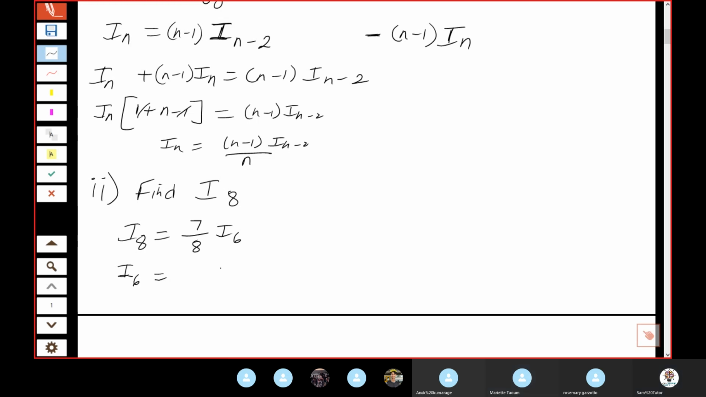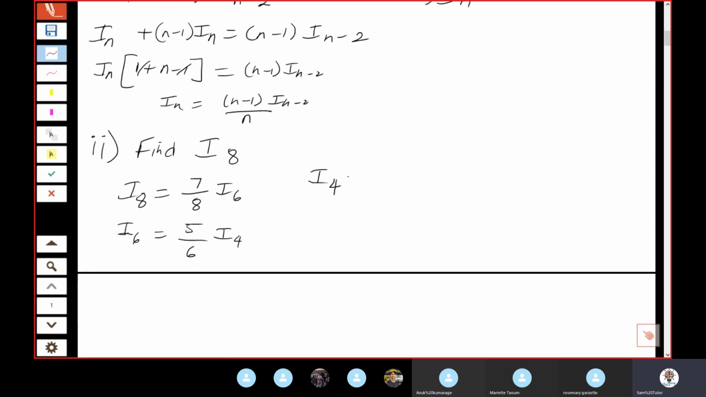I6. Come on. I6 equals. Well, what does n equal now? If it's 6, I6 equals 5 on 6, I4. And then I4 equals 3 on 4 I2. I2 equals 1 on 2